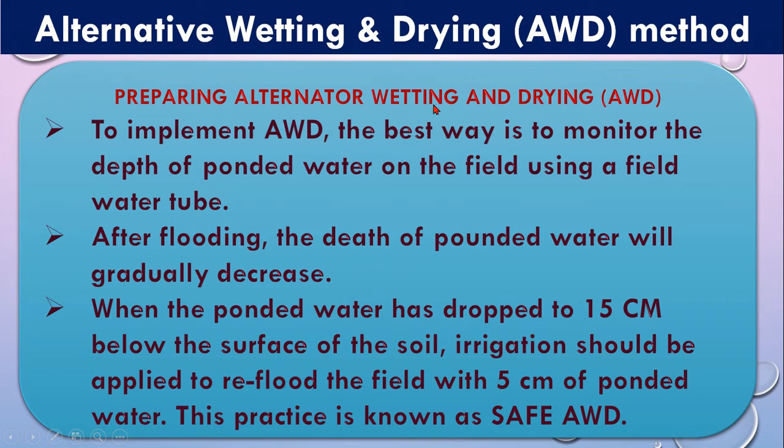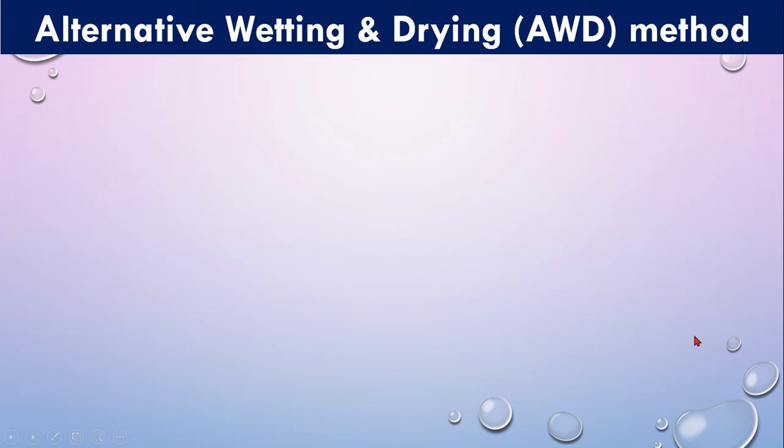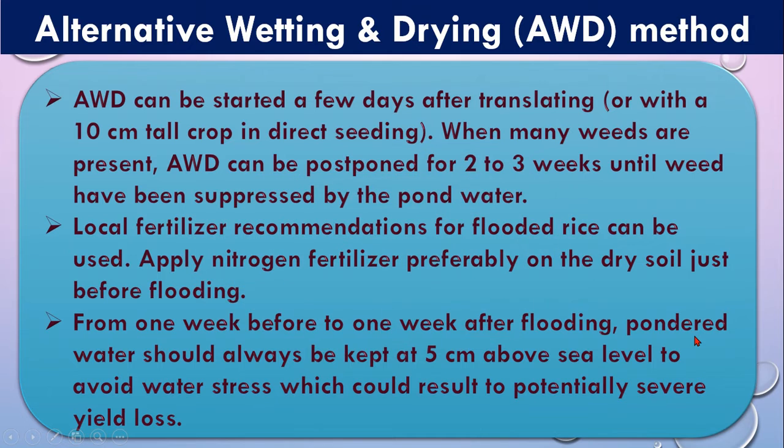Then, preparing alternate wetting and drying. How to prepare this? You have to fill this, and monitor the depth of ponded water every 2 days. If the water goes down after 15 centimeter, then you apply water again, which I showed you before. And AWD can be started a few days after installation. That means after transplanting the seedlings, 2 to 3 weeks later, you can establish the AWD